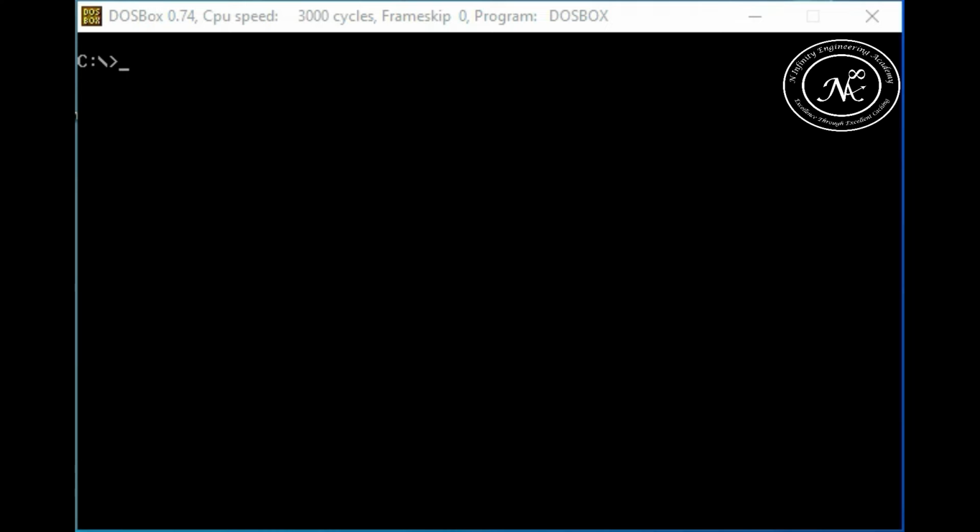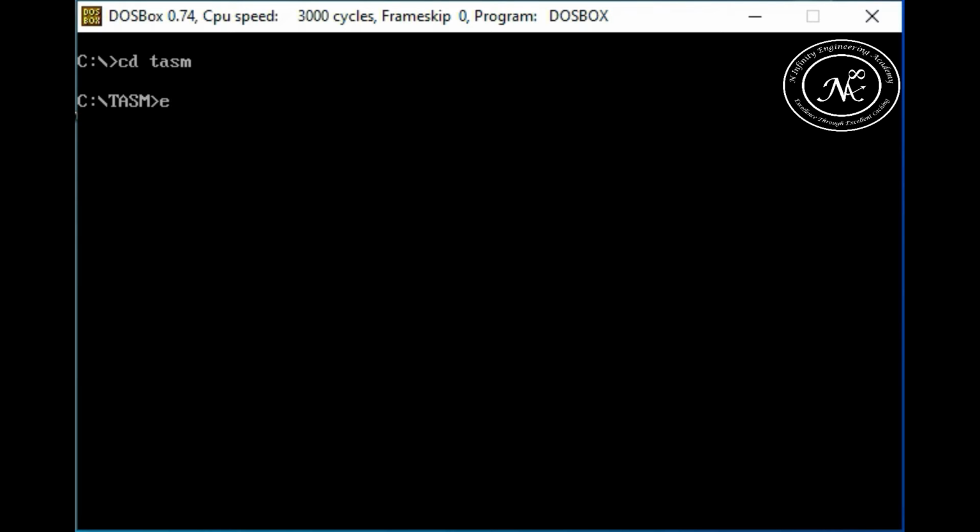Now for observing the life cycle of 16-bit assembly code, we'll be using TASM as assembler. Right now I'm on the C drive of my machine and moving to the TASM directory. I'll be using a normal DOS based editor to write my code, but you can use WordPad as well as Notepad also. But don't forget to save your code with the extension .asm.